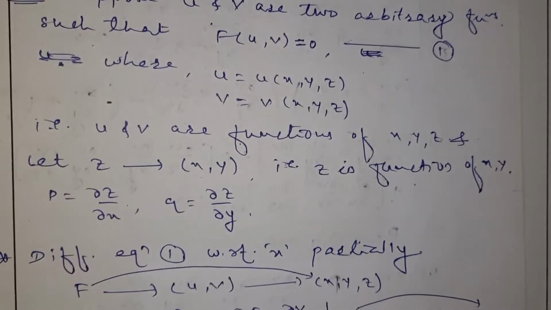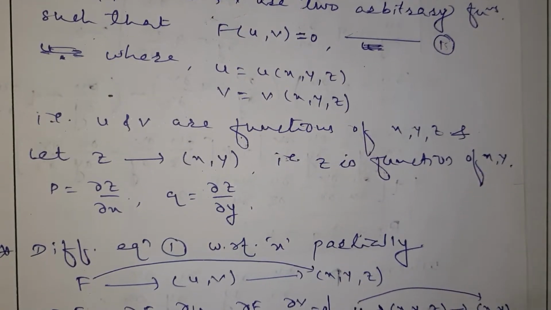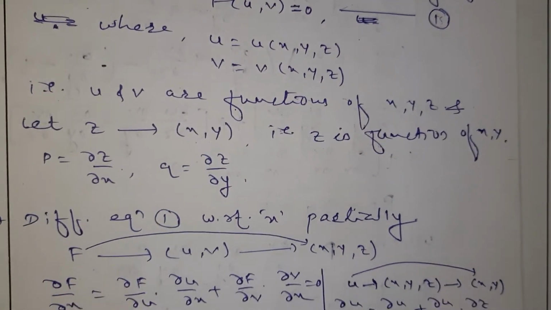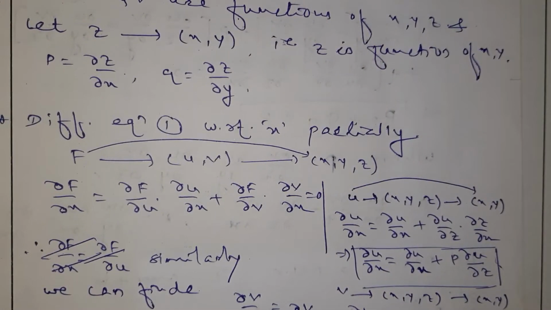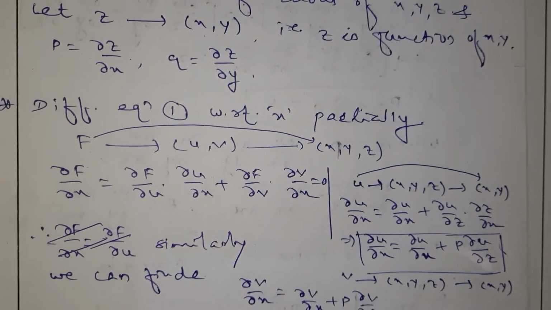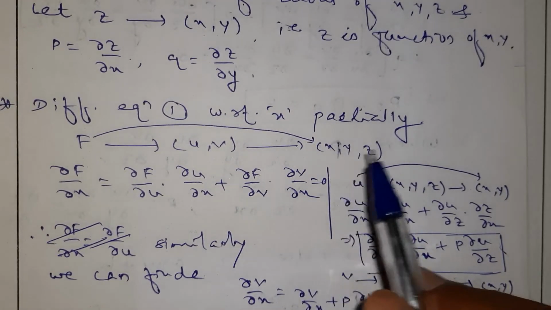Have you understood how to eliminate arbitrary constant? There we take the derivative. Same way I have to take the derivative here. Now it's my advice, say with me, so that I get the information that you have understood the concept completely. So here, first one, differentiate equation 1 with respect to x partially.